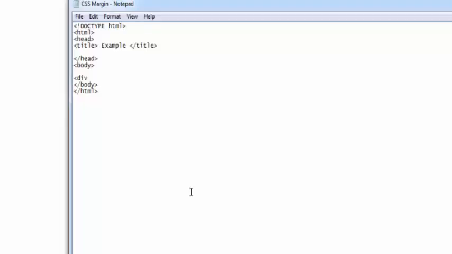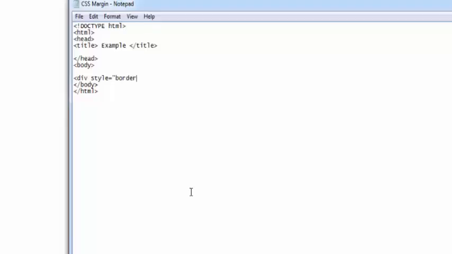The reason why I'm doing a division style is so that it's easier for you to see the effect of the margin. Let's open the div tag and write style. Div is a section of your HTML code. It's not a very specific element, it's just a section or an area on your HTML page, and you're applying a style in this particular area, wherever it is rendered on your web page. So div style is equal to